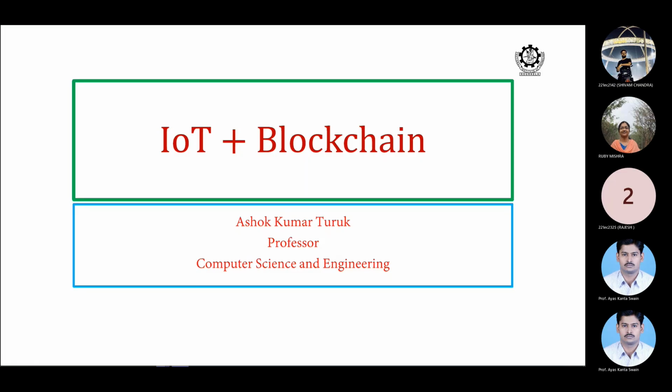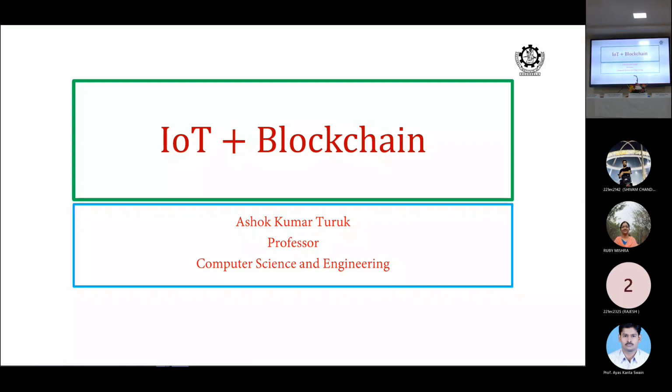If you find the loopholes in the IoT system, then we can design any security. But my talk is not about security today. What I am looking at is the application of blockchain on the IoT. So IoT itself is one domain, and blockchain itself is another domain. Now, how do we synchronize these two domains? That means how one domain can take benefit of the other domain to solve some of the problems.